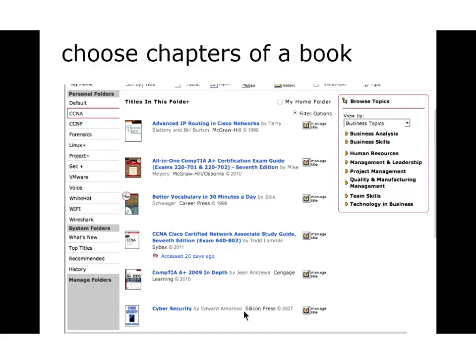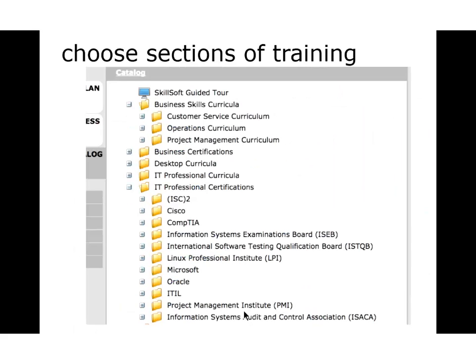So I can choose chapters out of the book, and I can choose a chunk out of training that maybe we're not doing. The Cisco training in this particular class, say Security Plus, but there's a really great training section in that course that I can just say, go do that. It includes videos, it includes tests at the end of it, and so they can show me their scores.